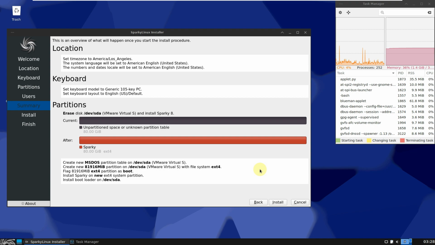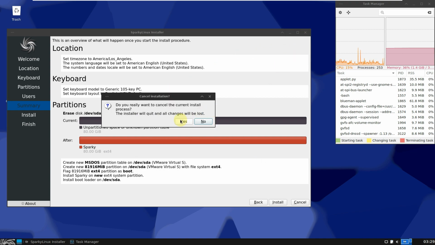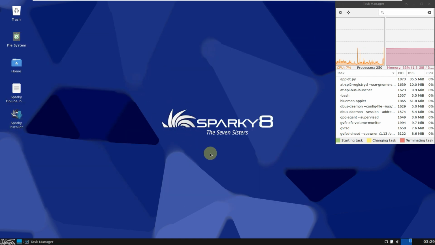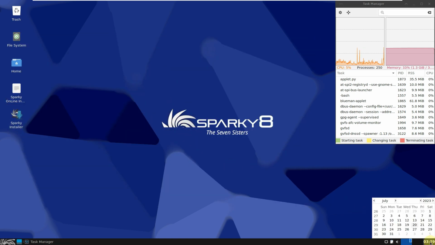The installation will take about 5 to 10 minutes. It depends on your PC speed. So if you have a good PC, you should be good with almost 3 to 4 minutes of installation. If you have a low-end PC, it can take ages. So that's clearly up to your PC. So that's the installer. So let's close this and let's check out some of the desktop features like